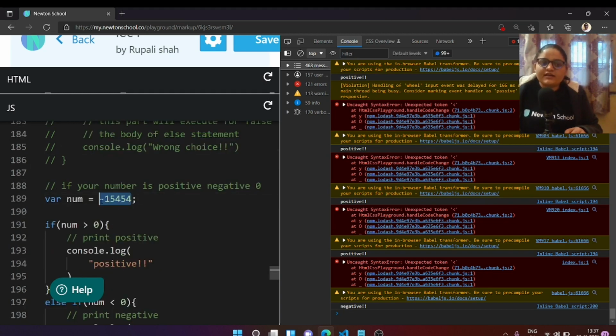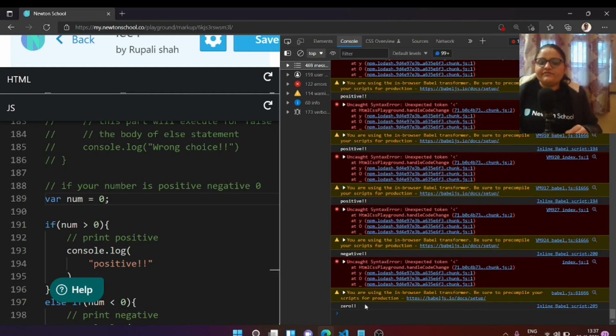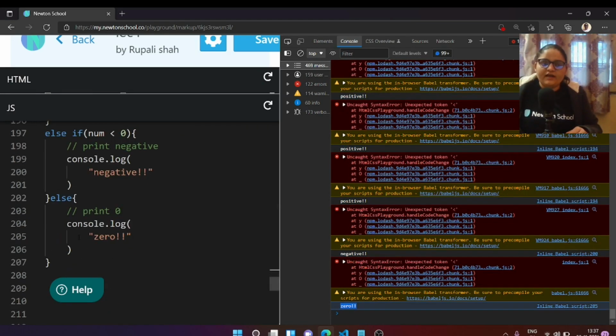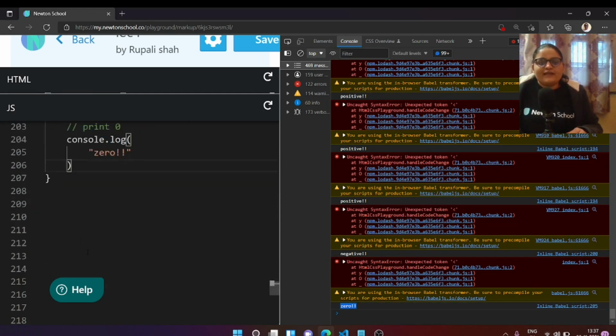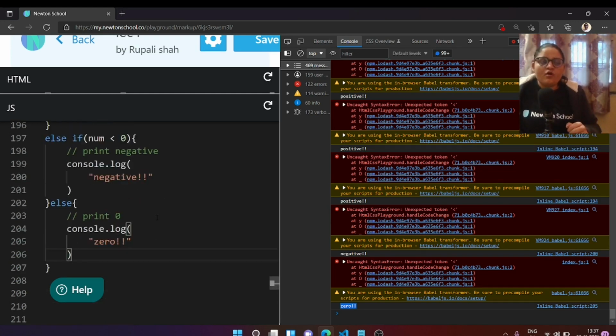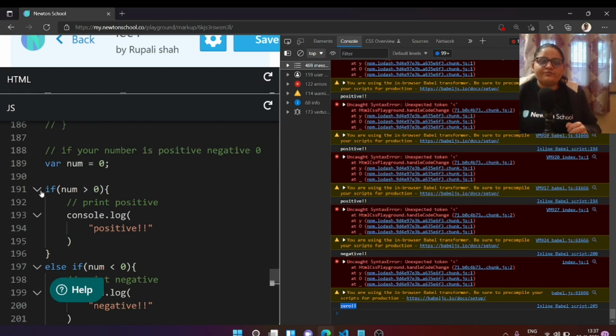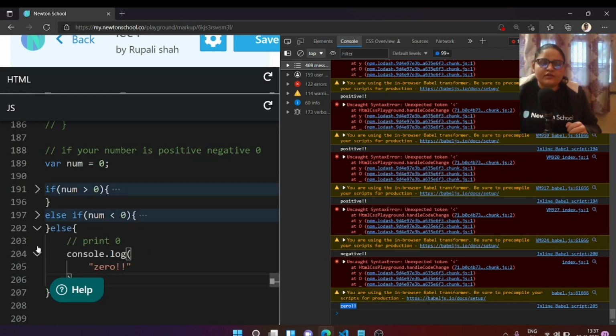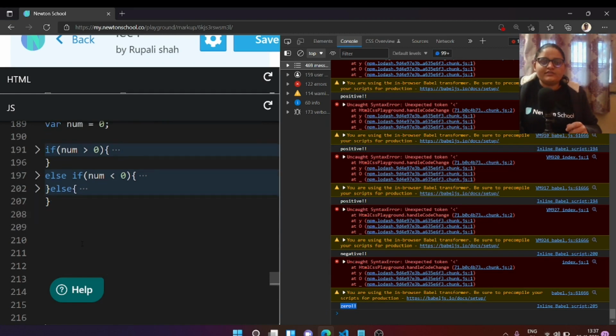And suppose I convert this number to 0, like it's equal to 0, then we are going to get 0 as a console log. So that was an intro to conditions, and that was all about conditions like if else statements. We are going to see if else statements a lot in our programming videos, so we do have many questions solved on them. So this was all about conditions, and now we are going to look at the switch statement.